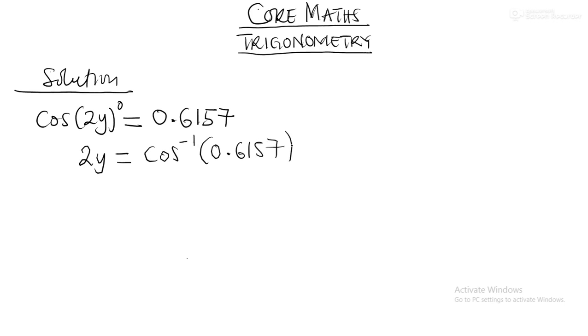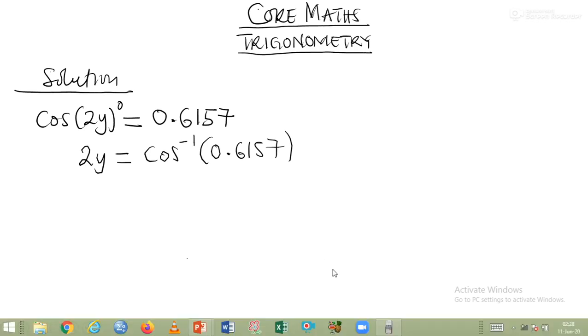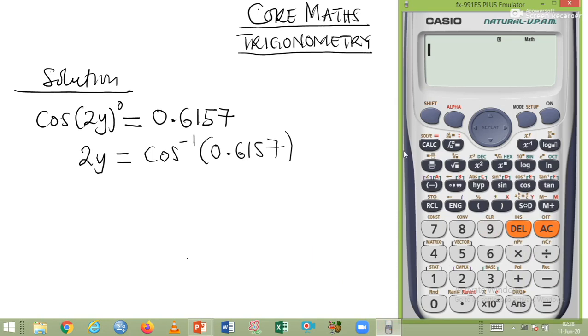0.6157. Cos inverse of 0.6157. So with your calculator, you make sure it is on and it is on the general mode. You press shift, cos inverse of 0.6157. Then you close the bracket. Good. So now you punch equal to. Good. So the calculator is giving us